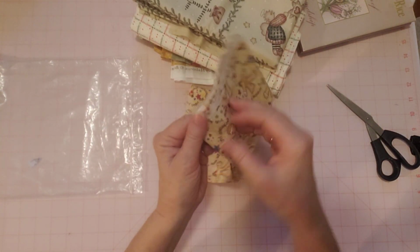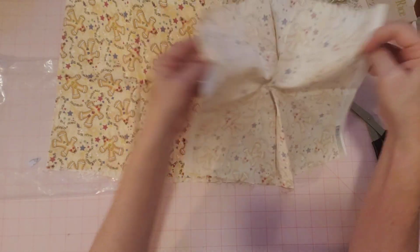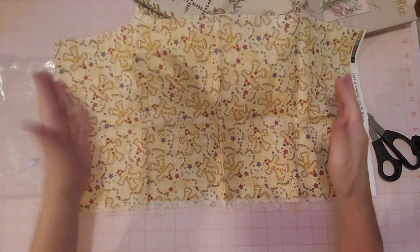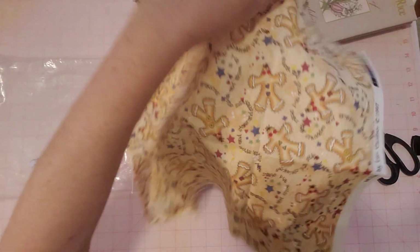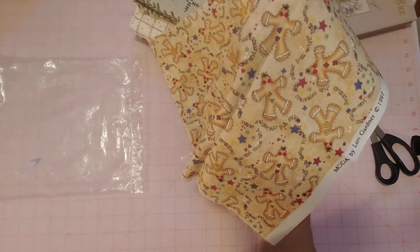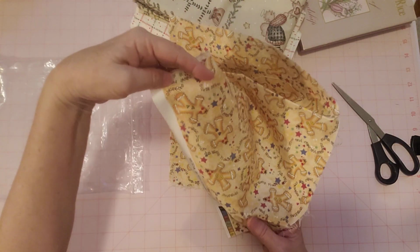I think I could see this one from the outside too. So let's see how much we have here. Two of this. This is folded in half, so two of this, but you know, shape here. But this says Little Gingerbread Man. Let me show you. I know I'm probably moving around too much. Little Gingerbread Man. Aren't they cute? And what does it say? It says